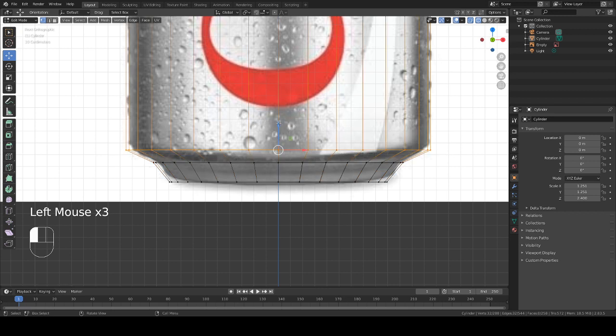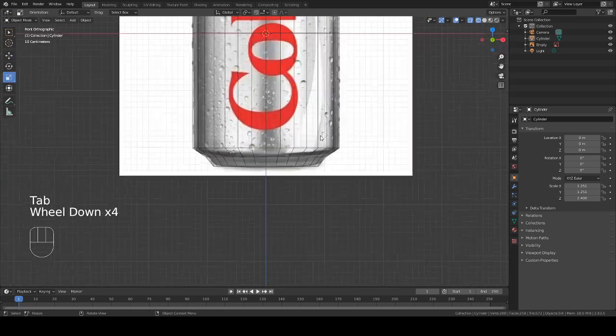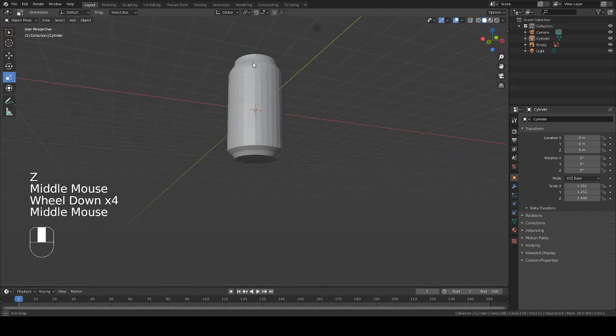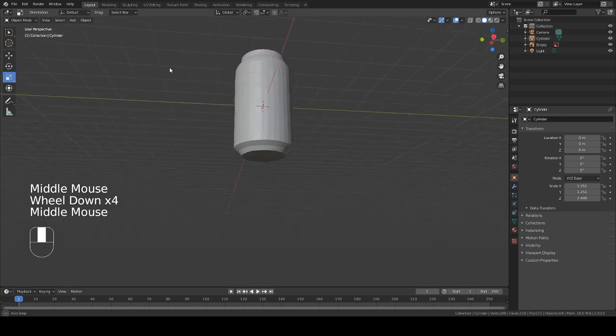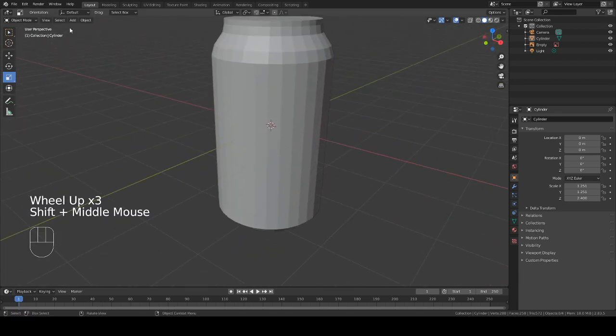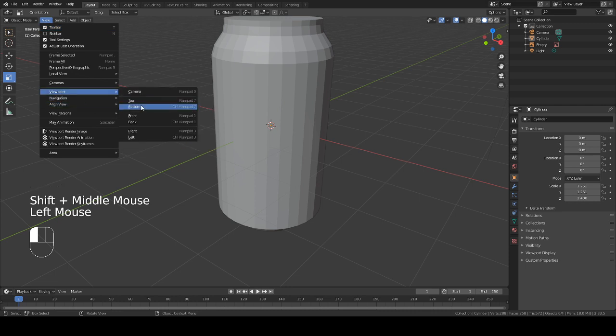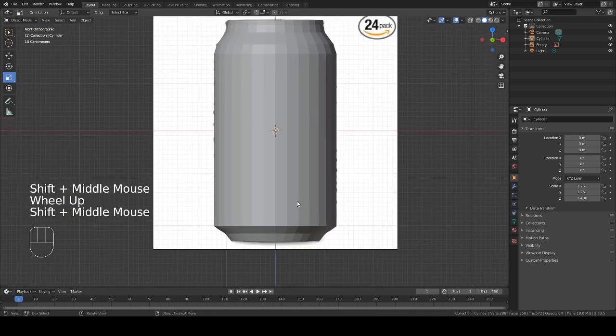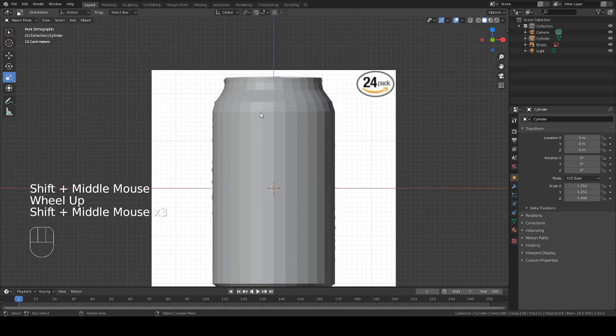Now you can adjust your vertices as many times as you feel necessary to create the effect that you're looking for, or to create the right form. All right. Now look at this. Now this is what we have. Now it's looking a little bit better. Okay. So let's fix some things. Front. Okay, we basically have the right shape, but